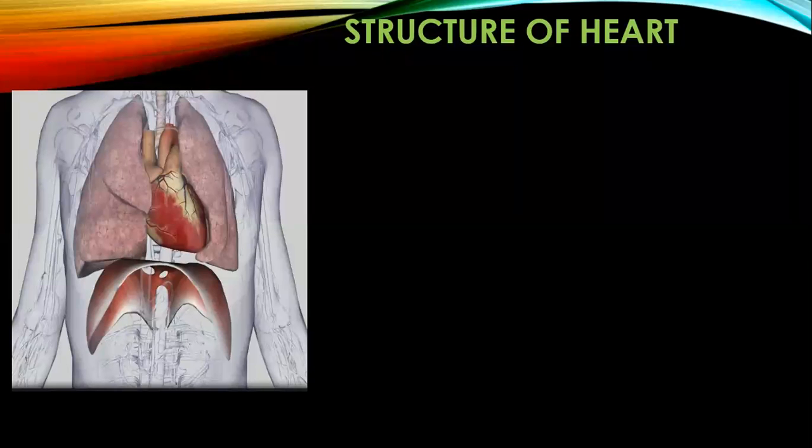Now, in the previous video and the one before that, in the first video of transportation, we have seen the components of the blood. Then we have seen the different types of blood vessels in which the blood is flowing. And now we have to see the heart, which is continuously pumping the blood via the arteries to the tissues. So what is the heart?